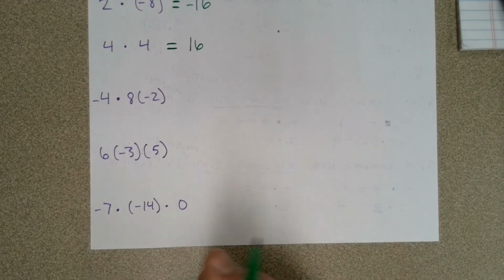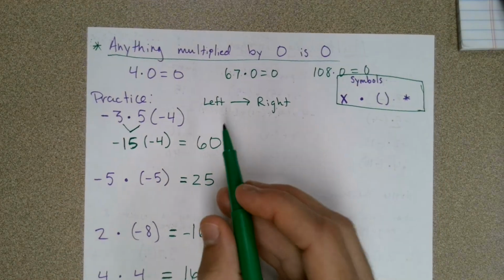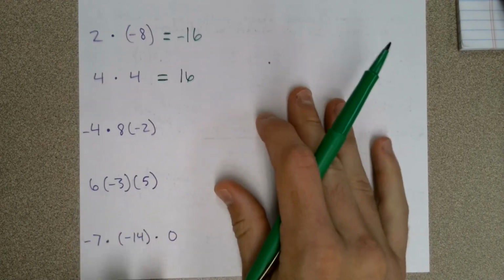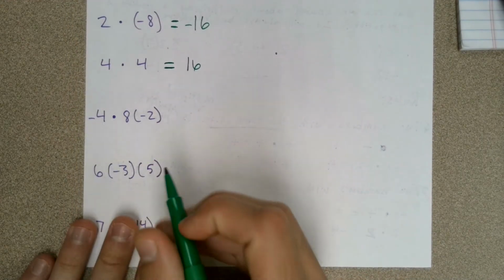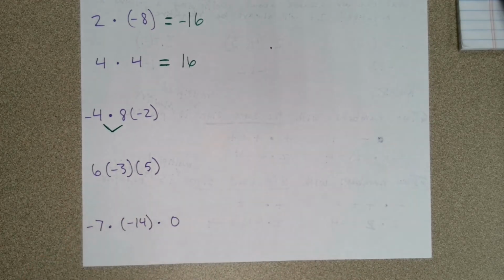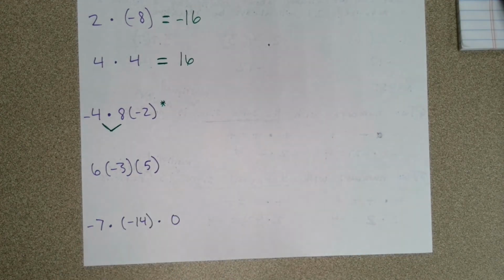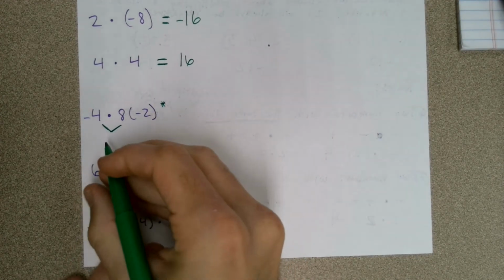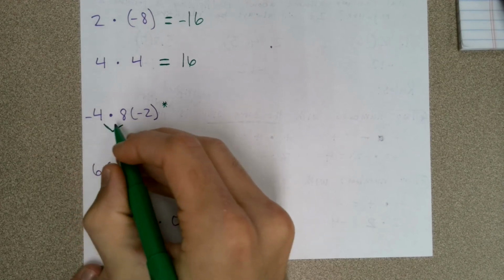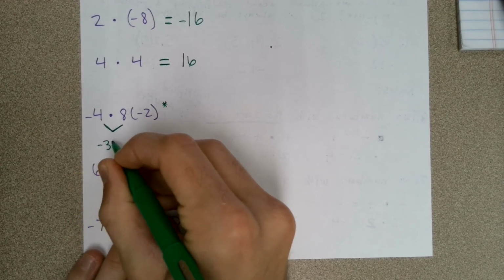All right, now we're getting back into those 3 steps. So we're starting from left to right, just like I talked about before, from left to right. We got negative 4 times 8. Take a second to try to solve this one on your own. Negative 4 times 8. Let's star that one. Just remember to put an Edpuzzle question on it. Negative 4 times 8 is going to be a negative and a positive. We know that that is always negative. Negative 32